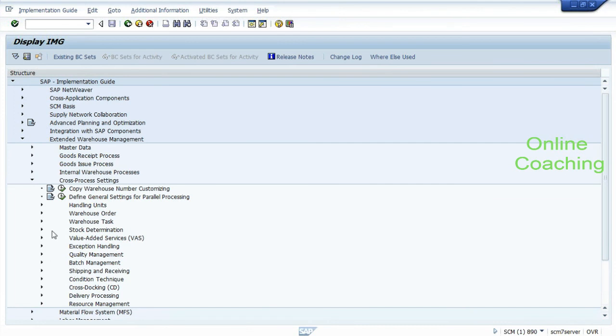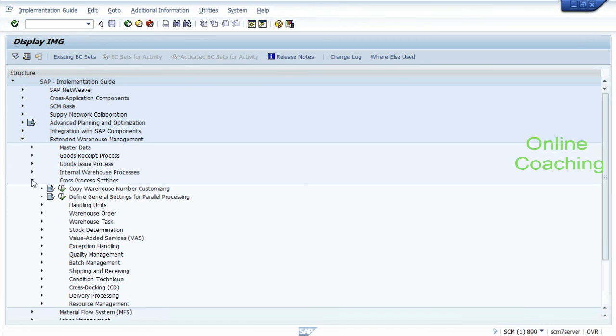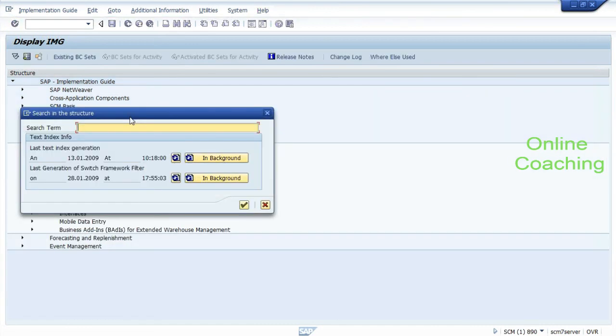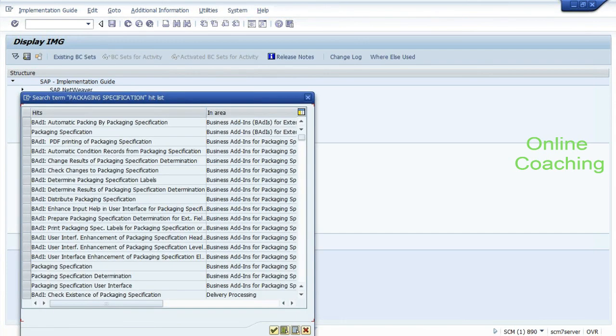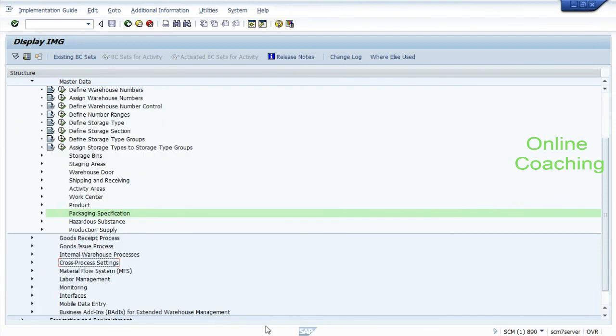Now you just need to enable the packaging specification also. So you just define where this packaging specification is. Okay, so if you go to the